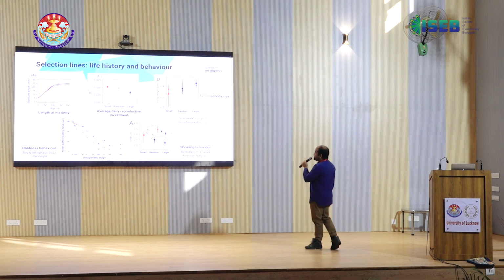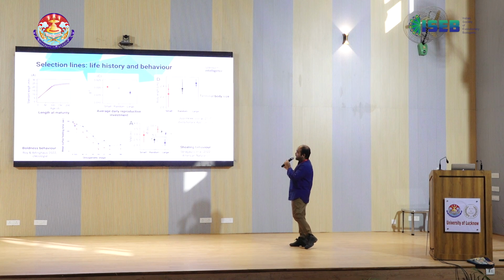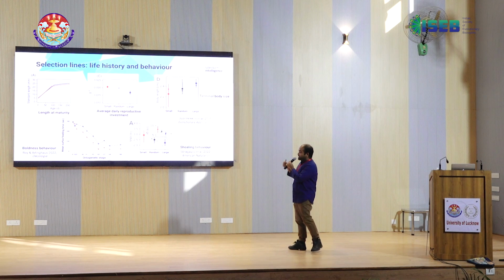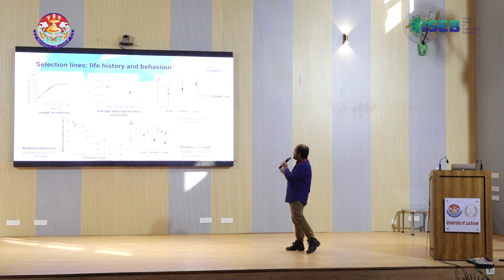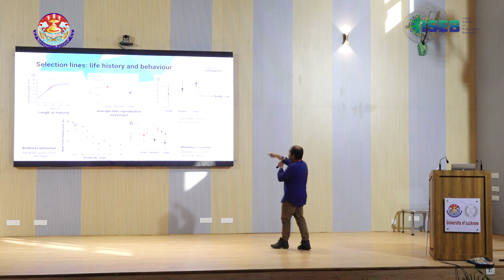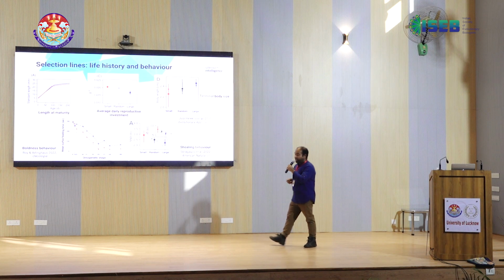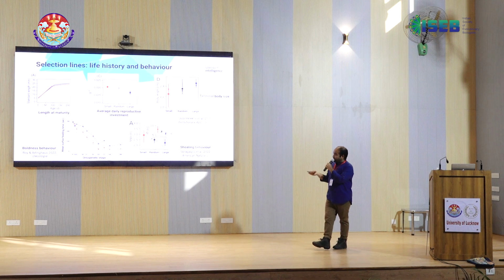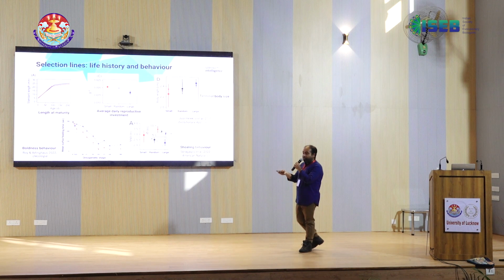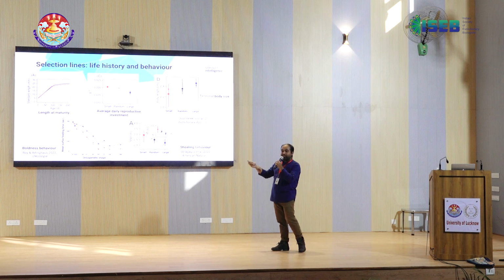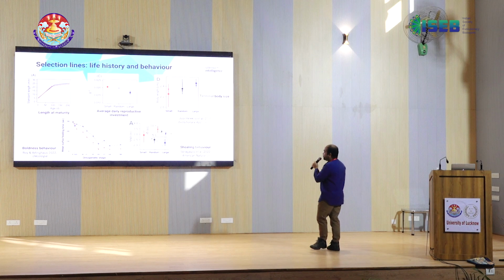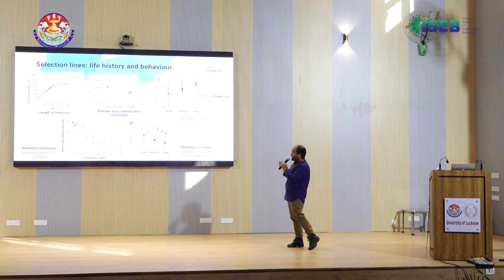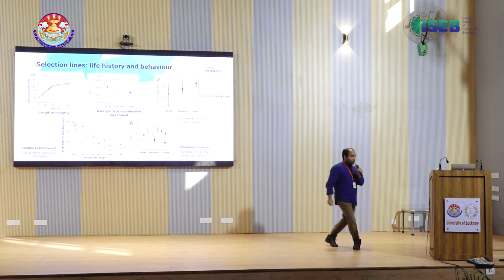A bit of background about the selection lines regarding the divergences in life history and the behavioral traits. As expected, the small line, which evolved a fast life history, showed early maturation at smaller body sizes, had increased reproductive investment, and also evolved a smaller terminal body length compared to the control line. They also showed divergences in behavior. The small line showed shy behavioral tendencies, while the large line was consistently bold across different ontogenetic stages. The small line fish also formed less cohesive shoals, while the large line formed more cohesive shoals compared to the controls.